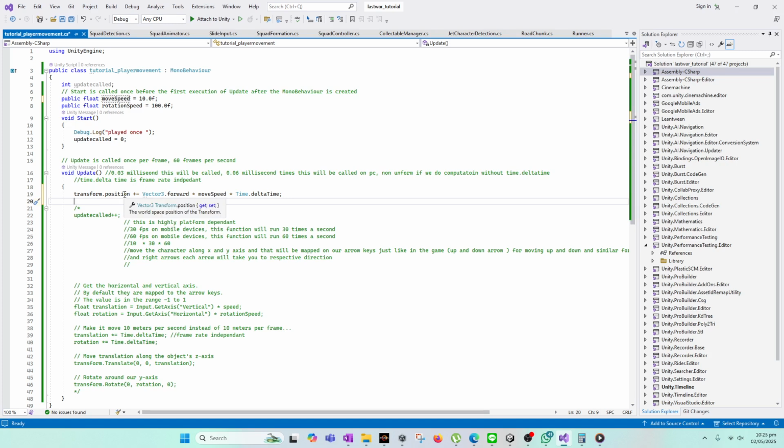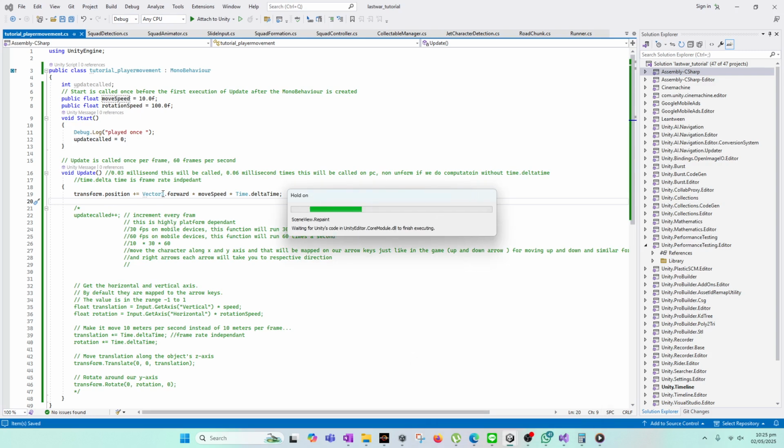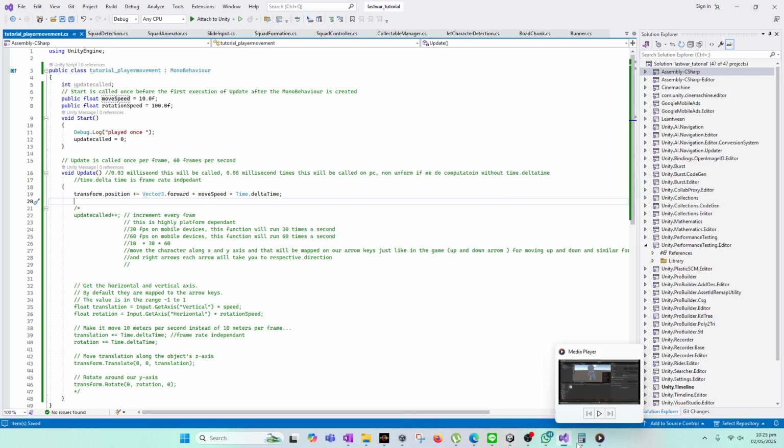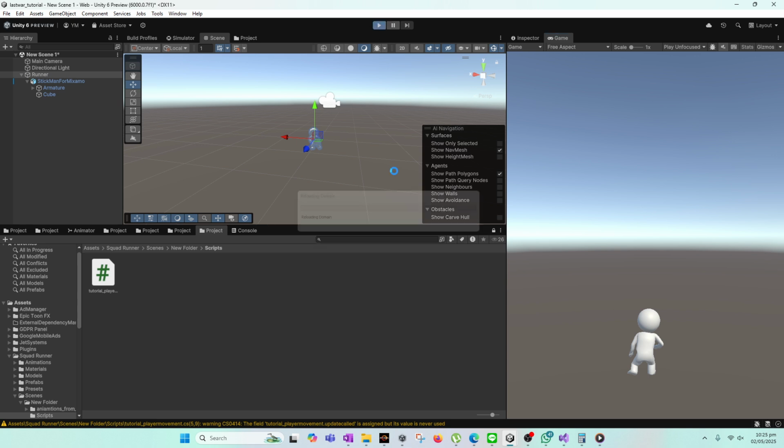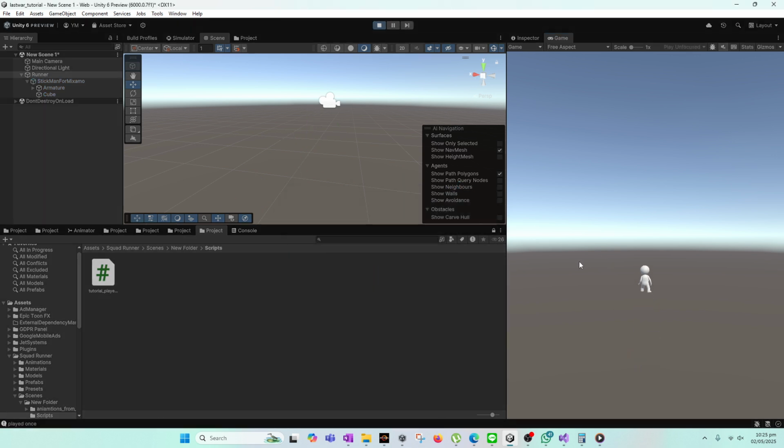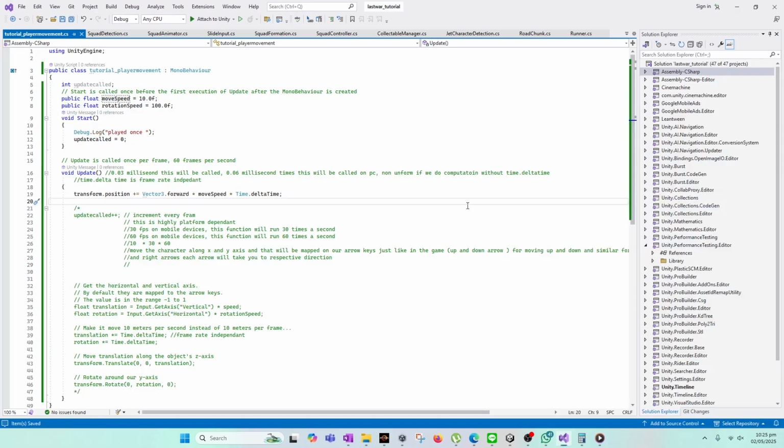So it looks like it moves independently without the help of any input, that is, the use of arrow keys. To get it started, we will place the line, and as you can see, it goes too fast. So move speed was too much, so we will decrease it. Instead of 10, what we've got to do is, again, this is not the